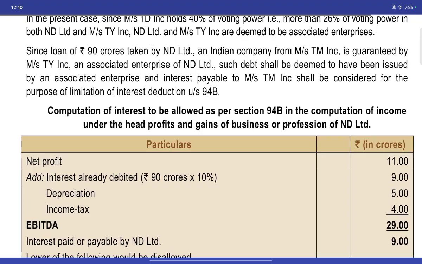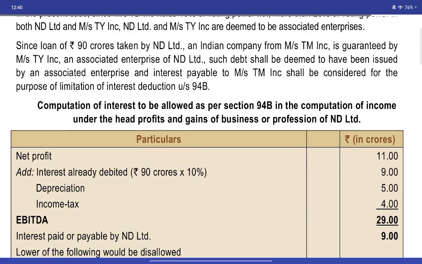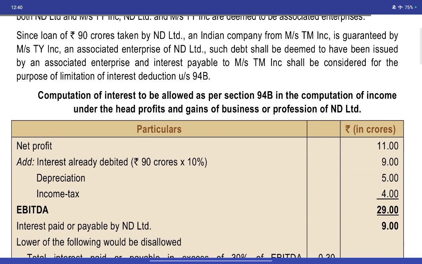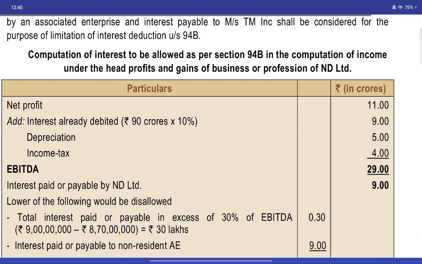Since the loan is 90 crores and ND Limited is an Indian company and MST is guaranteed by Mrs. T Limited, an associate enterprise of ND Limited, such a debt shall be deemed to have been issued by an associate enterprise, and interest payable by the TEM shall be considered for the purpose of limitation of interest under section 94B. The computation of interest to be allowed as per section 94B and a computation of income under the